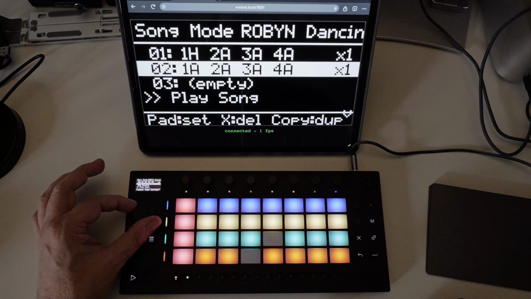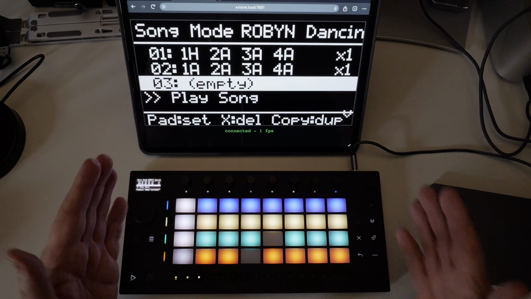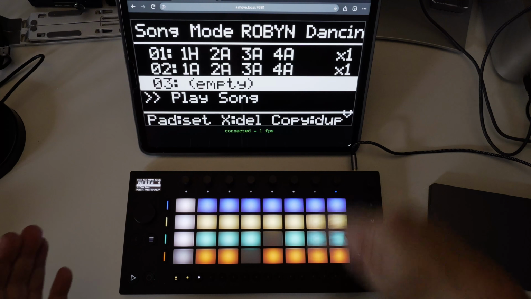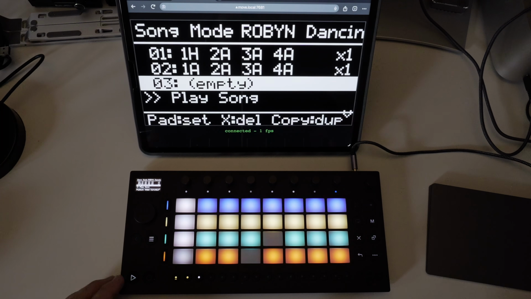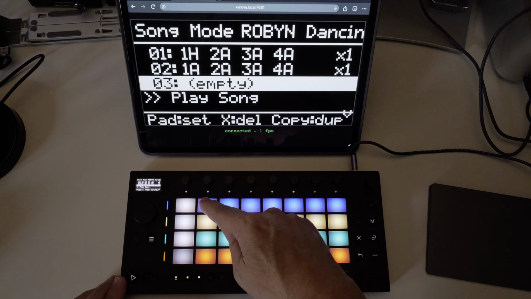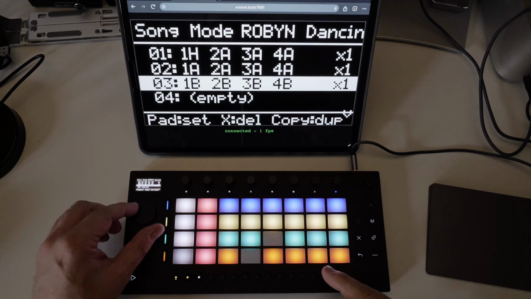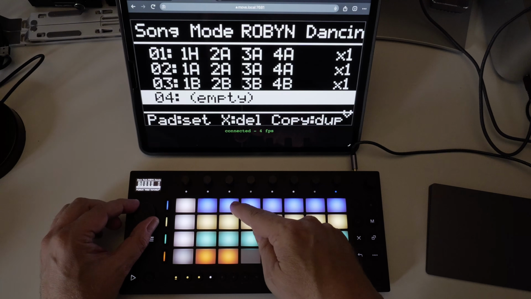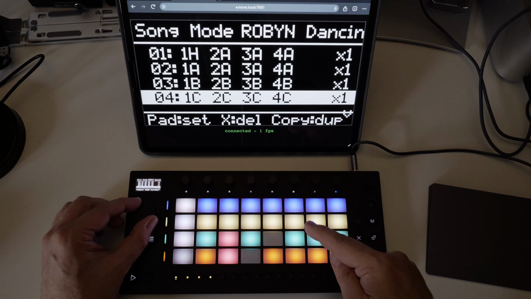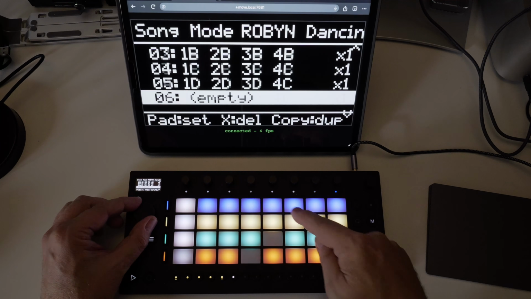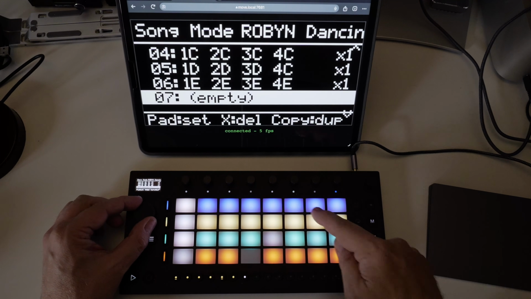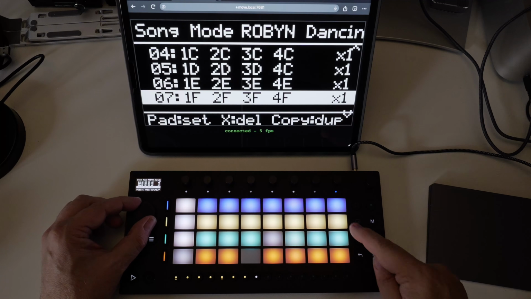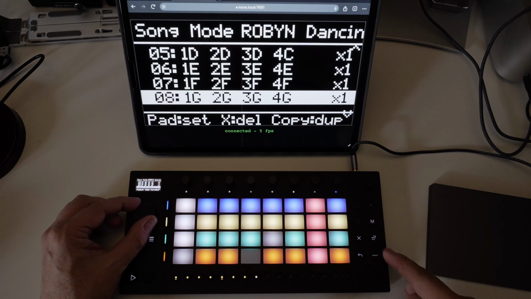So let's put in a new set. Now originally I did this song so I could actually manually just swipe each set, so let's put in some of the manual ones. So it's the third one, and you can see how easy these are to do. You literally just pick which group you want,